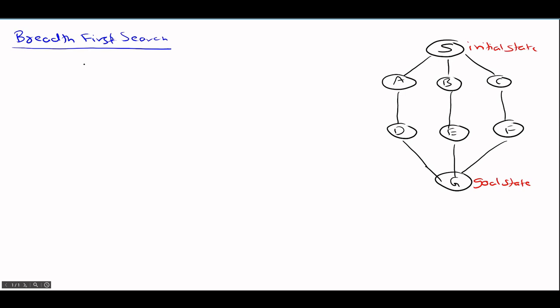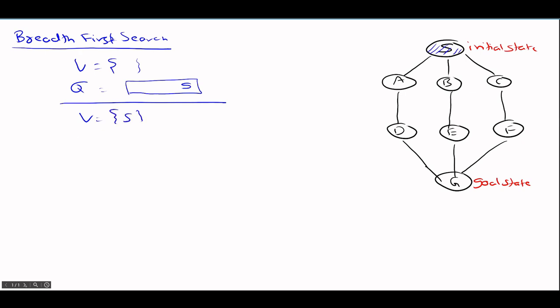First of all, we'll start with a list of visited nodes. Initially, the list of visited nodes is empty, and then we'll maintain a queue. And then in the queue, we first add the element S. Now, since we need to visit this particular node, we're going to visit this node here. So in visited nodes, we have S, and in the queue, since S is dequeued,